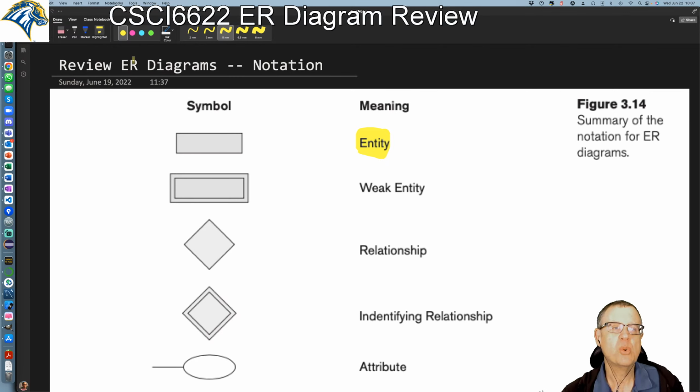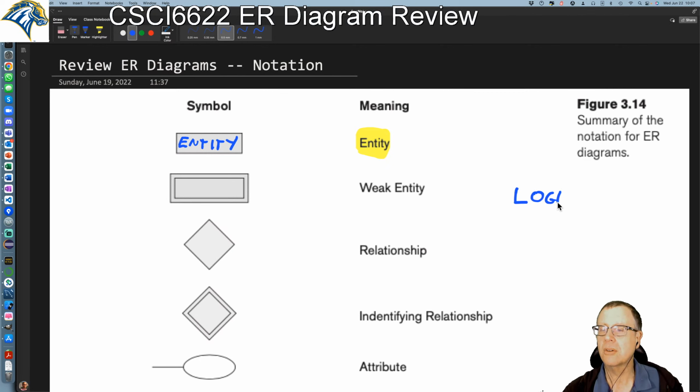And the way we draw that is we put the name of the entity inside a rectangular box. Remember, this is for